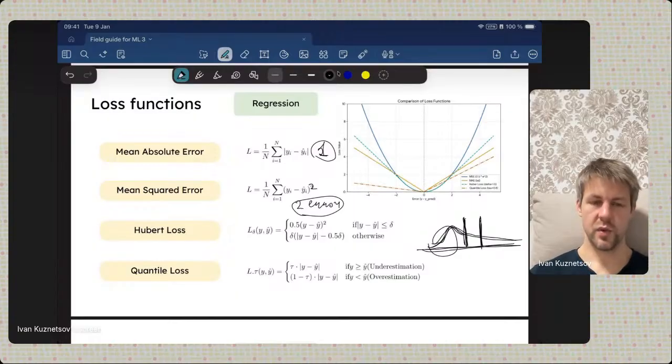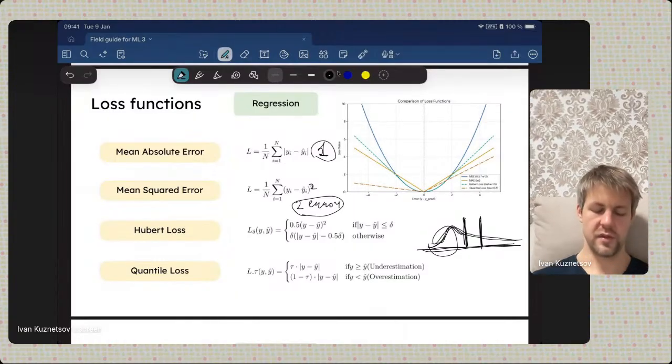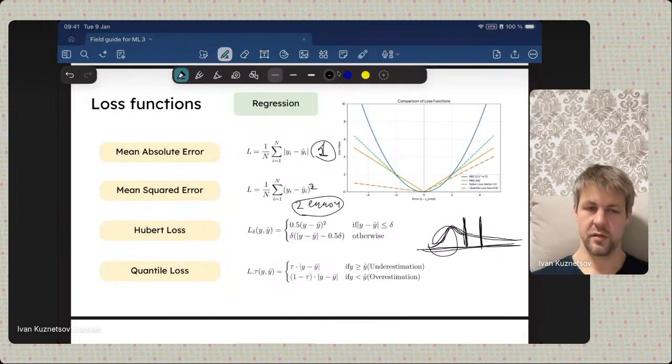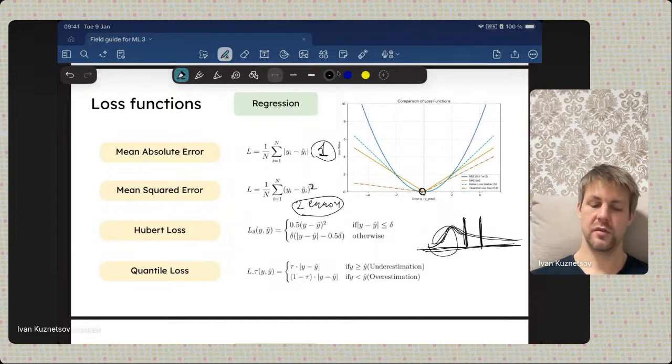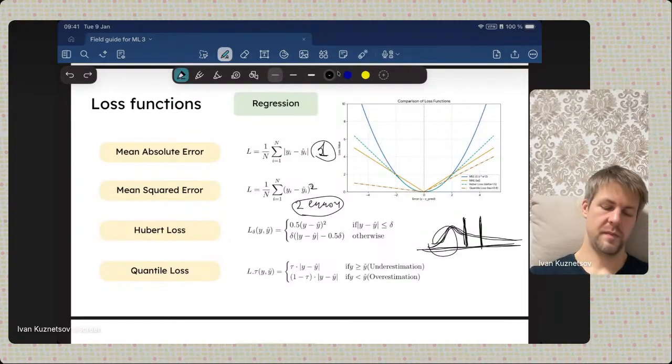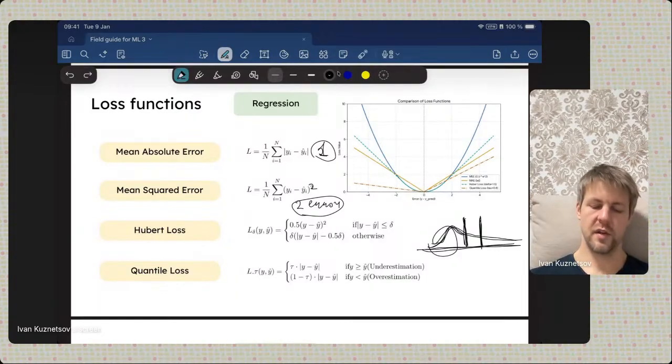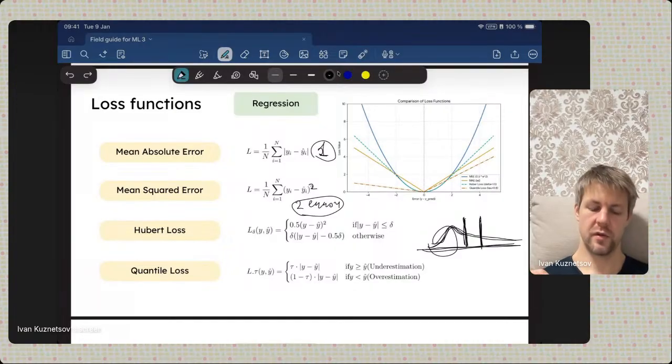This will be important when we will be discussing other losses here on this slide. Let's actually do that now. So what's the problem with, for example, mean absolute error? The problem is that it's not differentiable around 0, because it's a sharp corner there. And you can tweak that, adjust that, so that you have a more stable behavior around 0 for the convergence